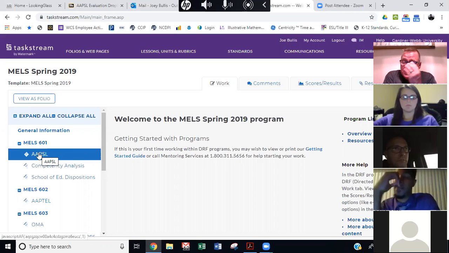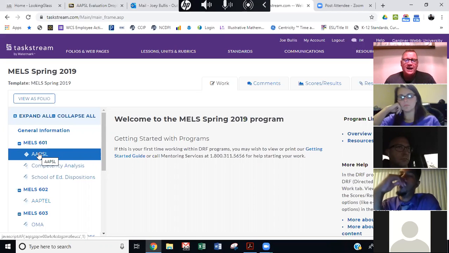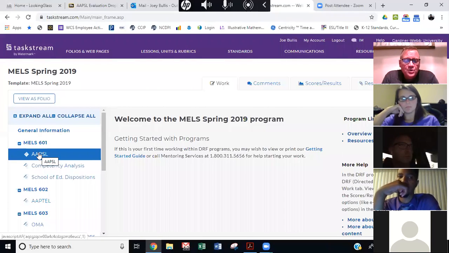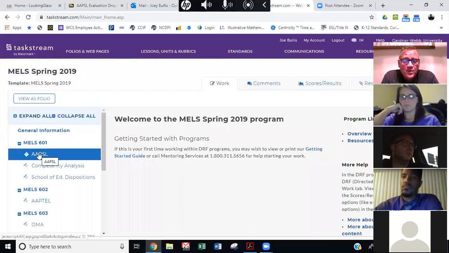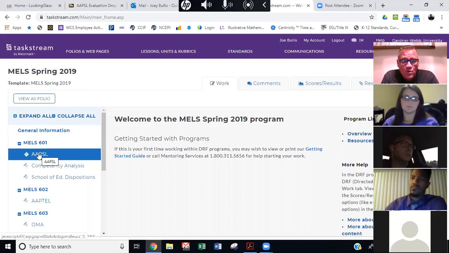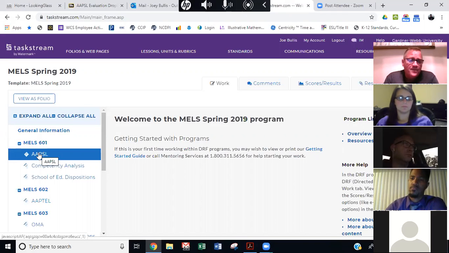If that happens, which like I said, is very rare, but it can happen, then, and I'm not speaking like it's going to happen, but if you get a reply from the evaluator that says you need to revise and resubmit, contact me immediately, because we're going to get together in a Zoom session, look over that document, look at the feedback that the evaluator gave you, and then we're going to make any corrections that they deem needs to be made to get it to a 3 or a 4. So just keep in mind, we'll talk about that process again as we get a little bit closer to submitting, but I just want to go ahead and plant that seed in your head now.